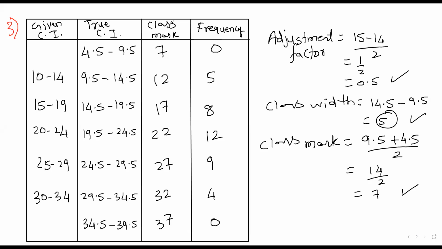So what is basically class mark is nothing but the x coordinate, and frequency is nothing but the y coordinate. So looking at the values, what scale should be chosen? But class